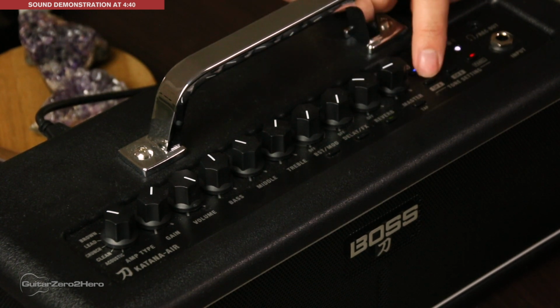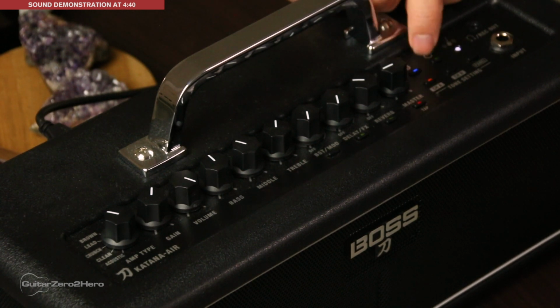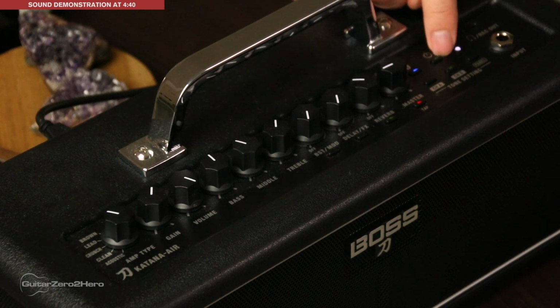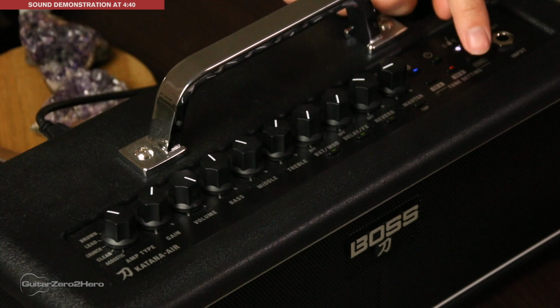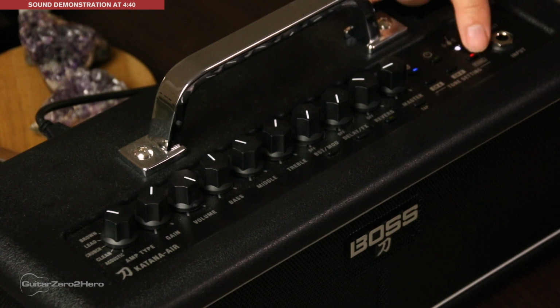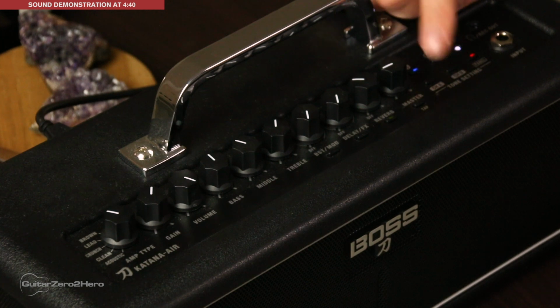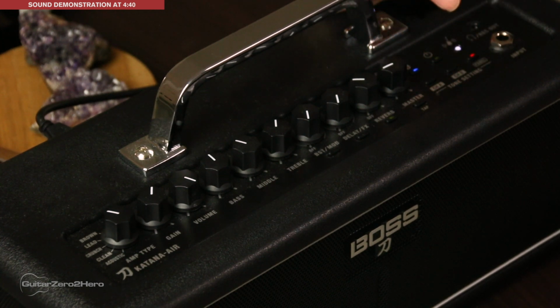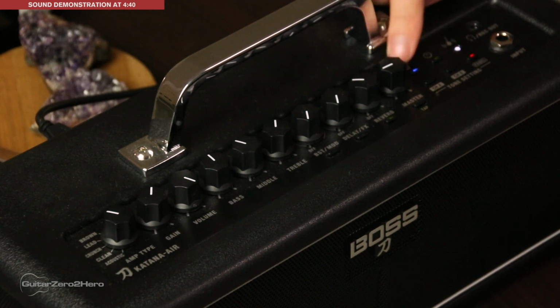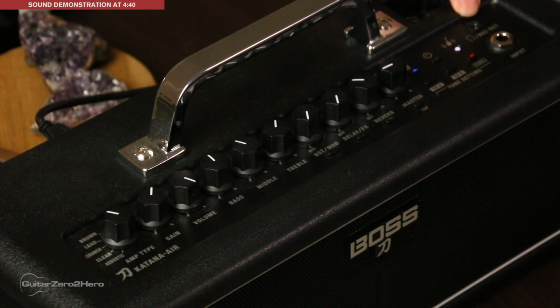Then we have channel buttons. So this is channel A. So in channel A, you have 3 different patches, and channel B has 3 different patches as well. So a total of 6 saved patches on the amp. And then you have panel button. So that means the tone that you're hearing is the current settings of all the knobs, as opposed to a pre-saved patch or tone. Then you got your Bluetooth pairing button, on-off switch, you have a headphone jack, a regular input jack,